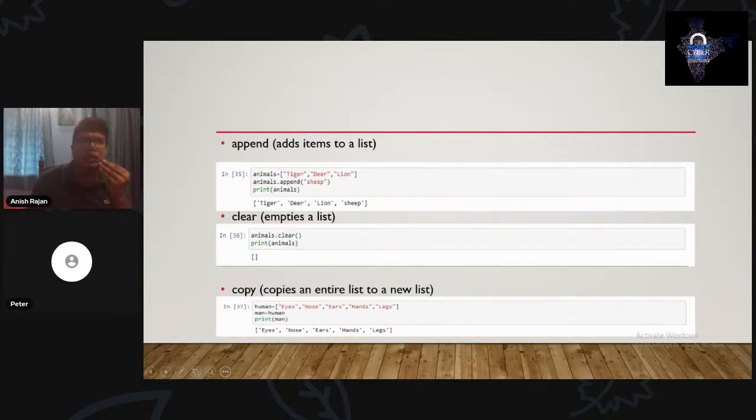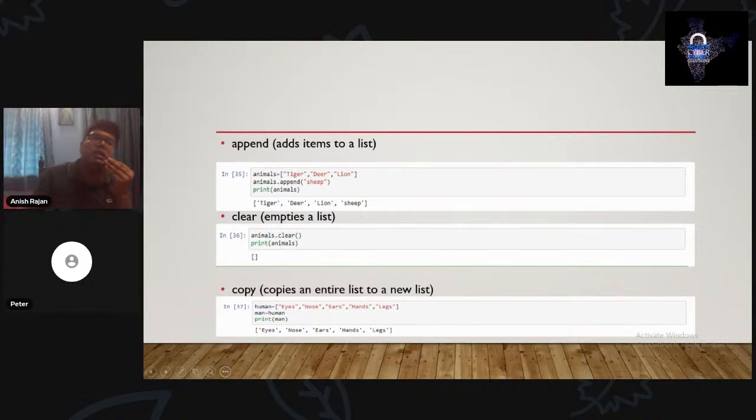Lists are mutable, so they can be changed. The job of the append function is to add items to the list. Here, this is a list, and then we add one item to the list. We are adding sheep, and then we see that the item has been added.